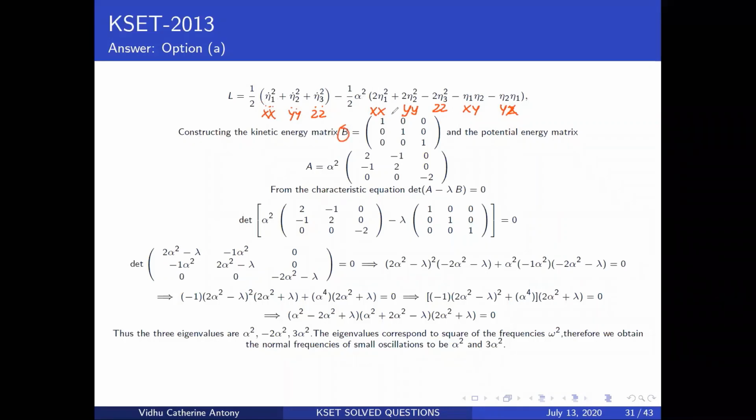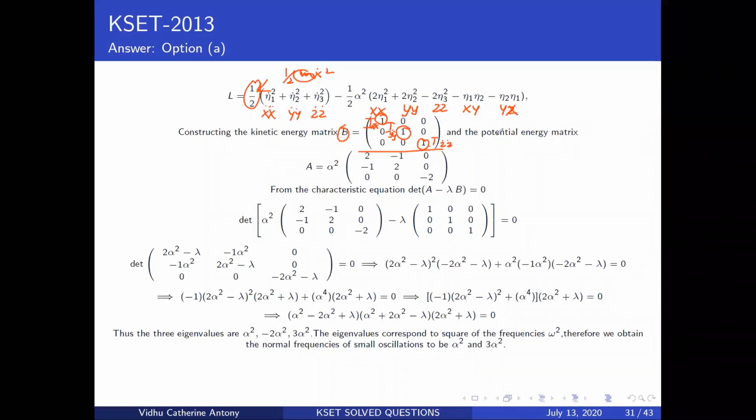So for the kinetic energy matrix, you just have 1 throughout. Why? Because you've got an xx, so this is basically your x dot x dot. This is your y dot y dot. This is your z dot z dot. So you basically have just 1, 2, 3. And why do you not include the half? Because you basically have a half m x dot squared, right? So your mass here is unit mass. Usually you have mass terms coming up here.